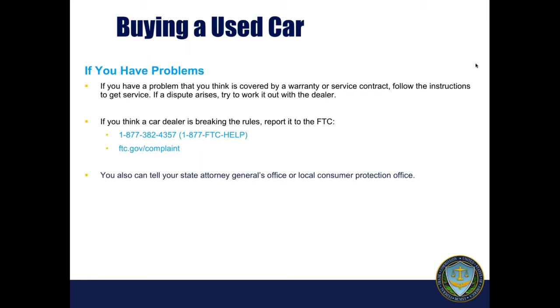Hopefully you'll never need it, but just to let you know what your options are. And if none of these steps is successful, small claims court is an option. Here you can resolve disputes involving small amounts of money, often without an attorney. The clerk of your local small claims court can tell you how to file a suit and the dollar limit in your state. So that kind of wraps up the buying process, your warranties, what to do if you have